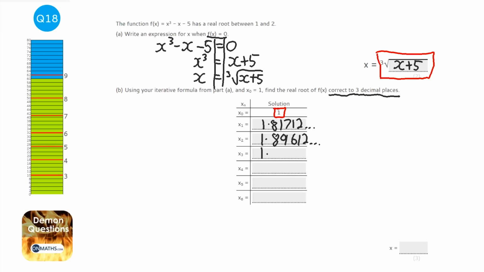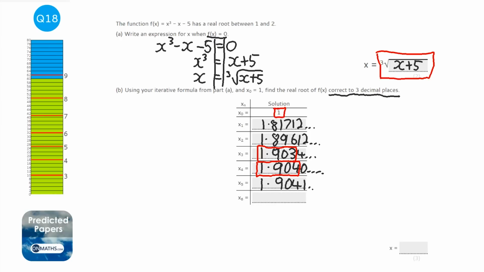And we've got 1.9034, blah, blah, blah. Cube root button, answer plus 5. And we've got 1.9040, blah, blah, blah. Now, we're looking for 3 decimal places, so the numbers we're looking for being the same are these ones here. Now, we've almost got them the same, but we're not quite there, so we need to do another one. So cube root, answer plus 5, and we've got